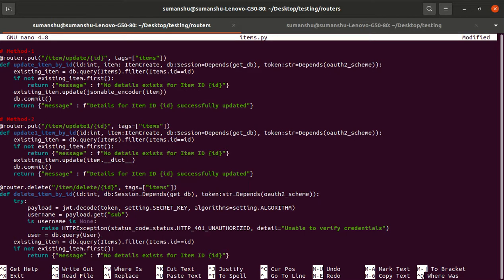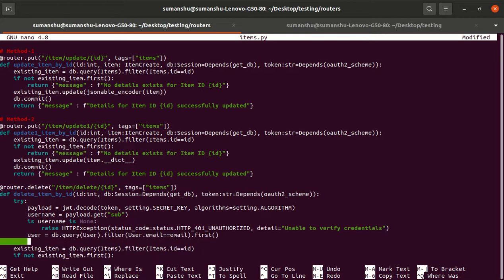All right, so if username is not none, let's get the user. db dot query on the user table, because we have the email, and the email is in the user table. So filter by user dot email is equal to email dot first. So we get the user here. Let's suppose if user is none, we will raise an HTTP exception.